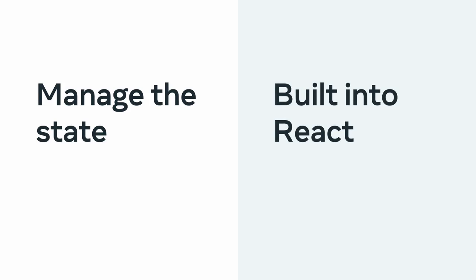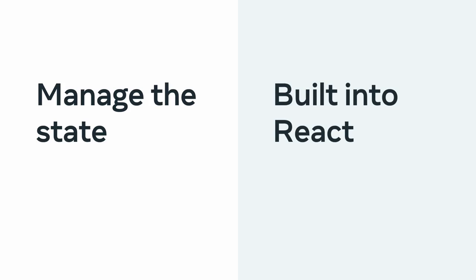Hooks are functions that were introduced in React version 16.8. They let you hook into React state and lifecycle features from components. Let's observe an example hook. Specifically, you'll examine an instance of the useState hook, as it's the most commonly used one. This hook is used to manage the state within a component and keep track of it, and it's built directly